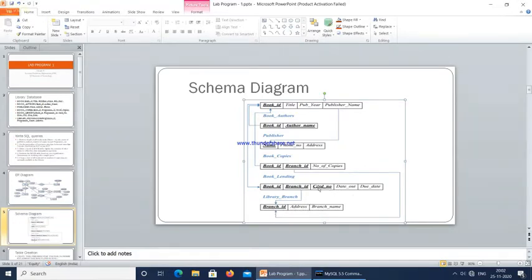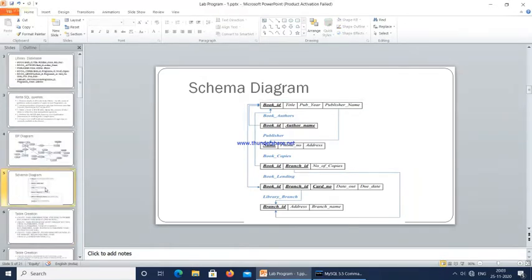And card number is a primary key for each and every book. Then it is going to contain date out and due date, that is, when the book was borrowed and what the due date is, when you have to return that particular book. Then library branch, which is going to contain branch ID, address and the branch name. Here I am naming it as program ID. So these are the schema diagrams.